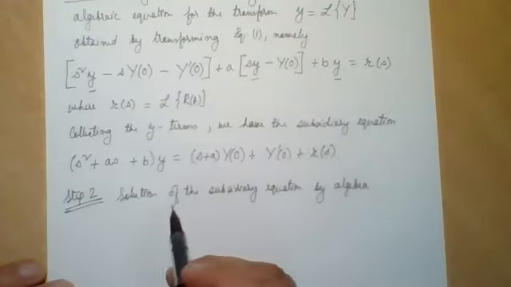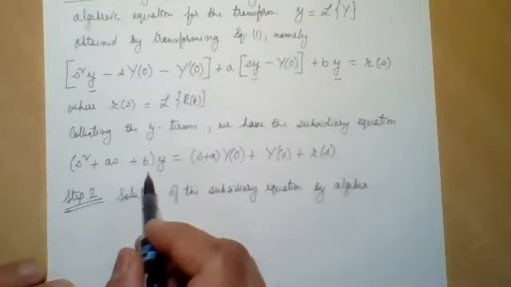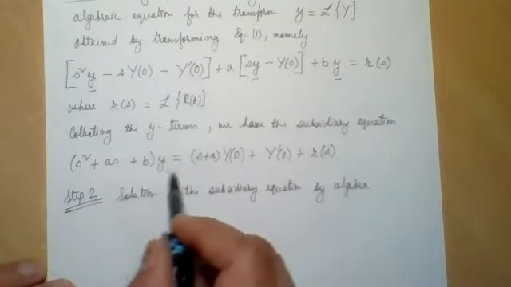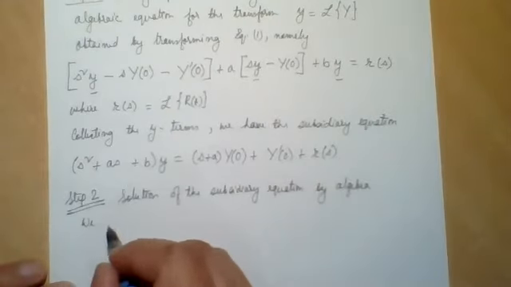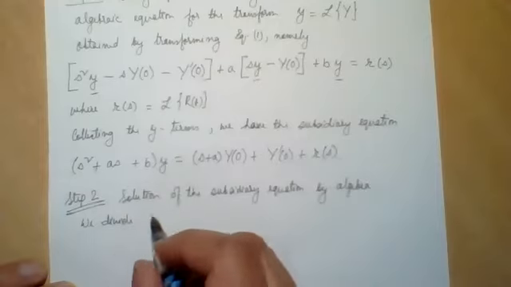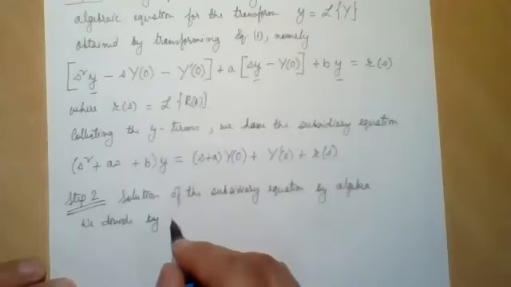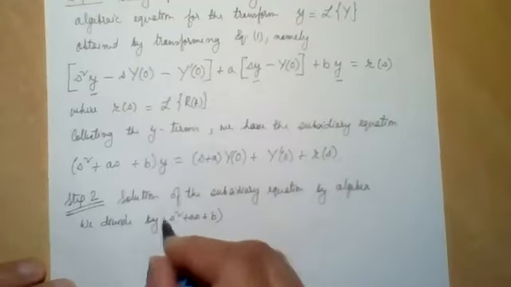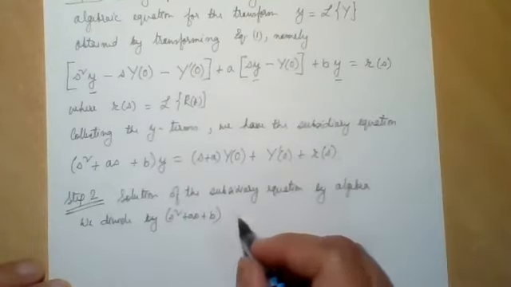So if I divide both sides by s square plus as plus b, what do I get? So we divide by this s square plus as plus b on both sides, we get